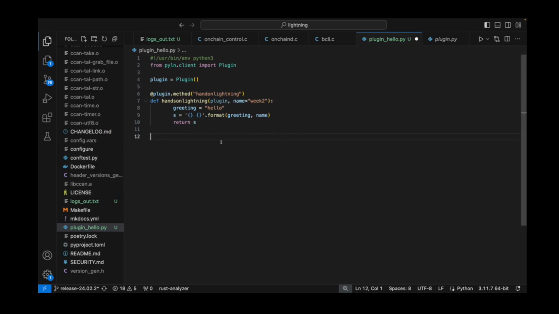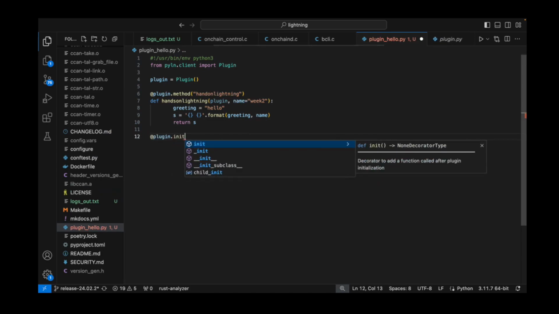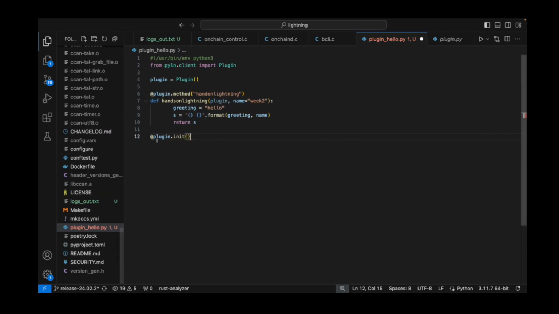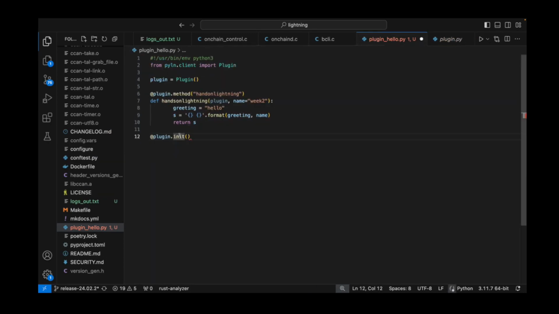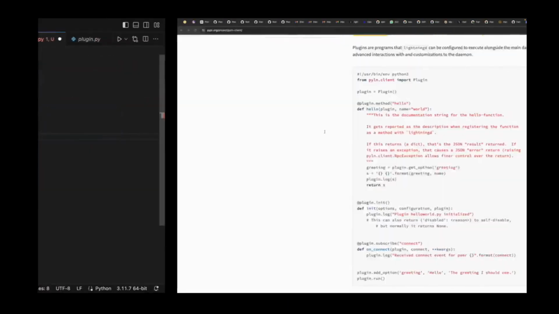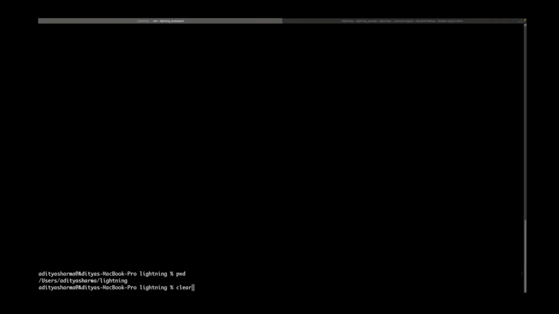Now we'll create, this one is a compulsory decorator that has to be created. So this is the init decorator. You can read the comments as well. If you hover over it in VS Code, it gives you the comment that is mentioned just below the function. So decorator to add a function called after plugin initialization. So in the logs, when we run